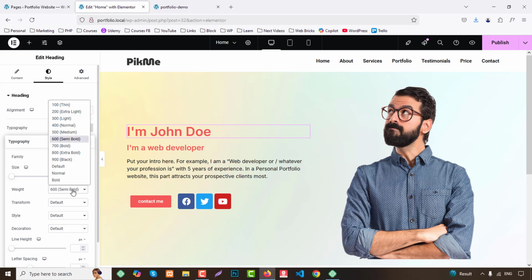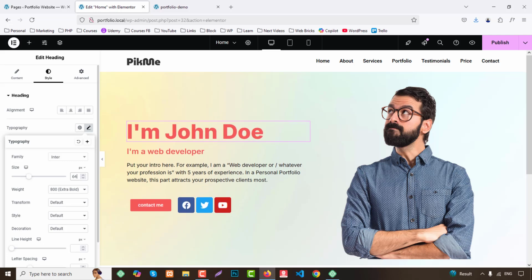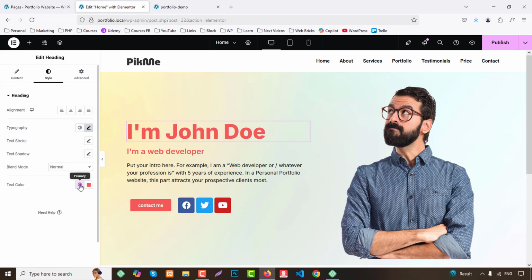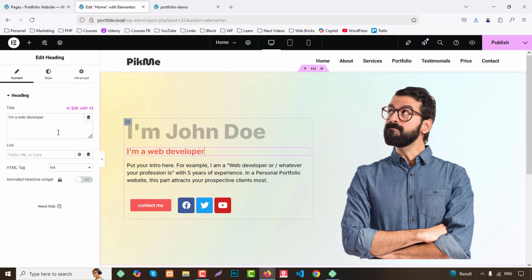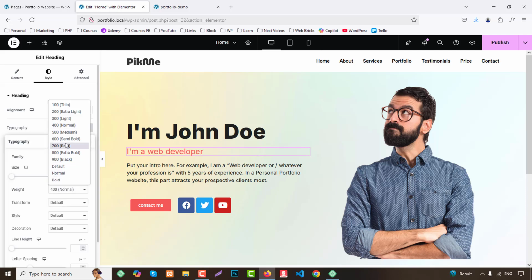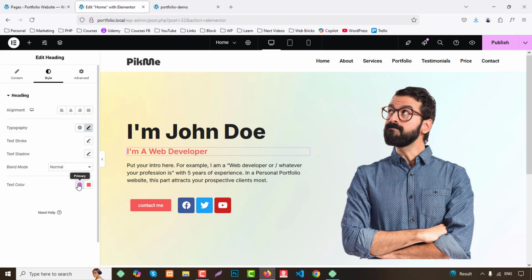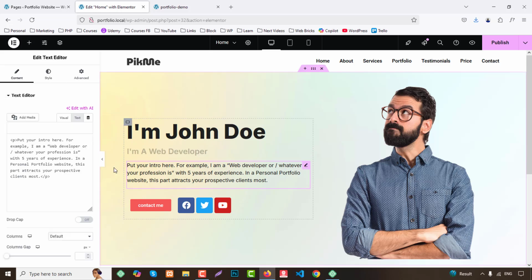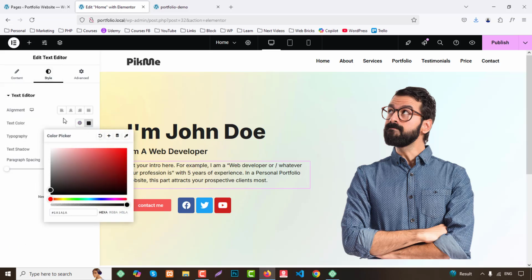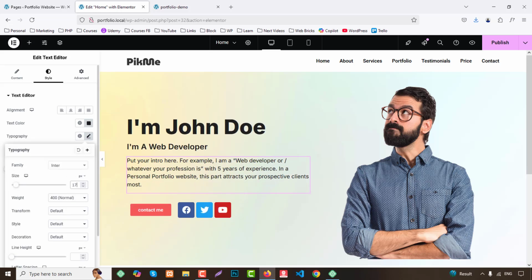Okay, fine. We can choose font weight like 800, font size like 50 pixel or more, like 65, and color change to our secondary color. Just click here, style, and from here we can choose secondary font and font weight like 600 and text transform to capitalize and change color to our secondary color. From here style we can choose font size like 22 pixel or 18 pixel. I think this, 16, 17, 18. Okay,